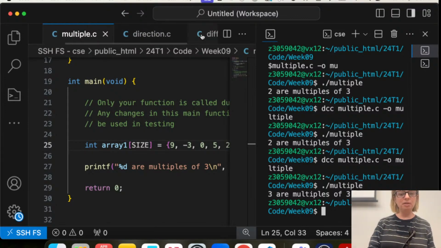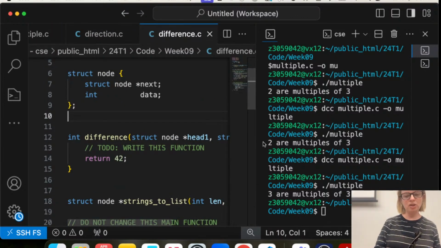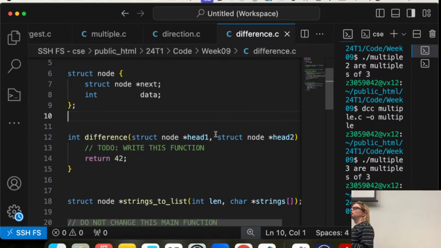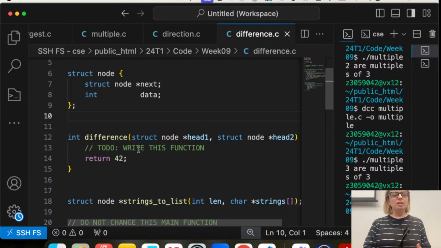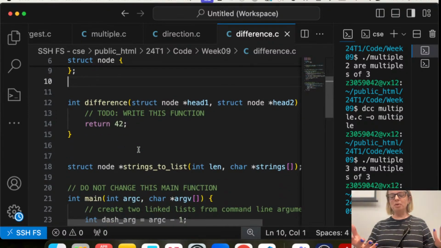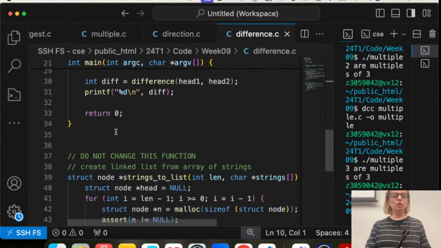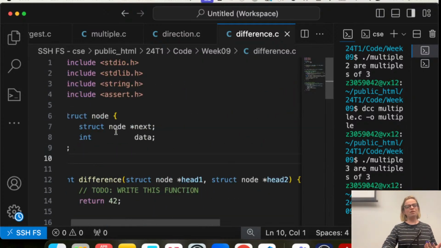How do we feel? Actually, I did want to do this one. Okay, another potential linked list question is that you get given 2 linked lists, and you have to compare them or do something with 2 linked lists. The code will look very similar, but you're going to have a little bit more here, and a different way of making 2 linked lists now. You don't have to worry about it. We do it for you.